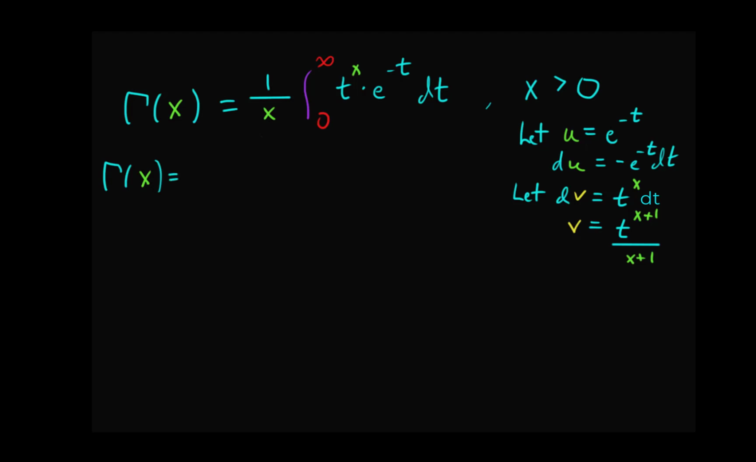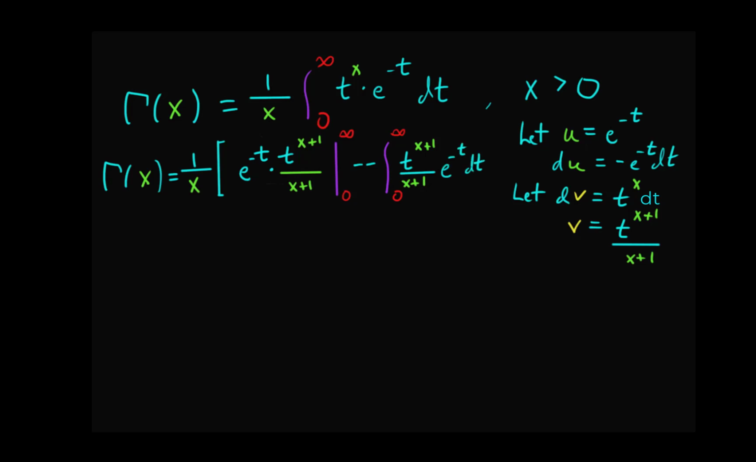So gamma of x would equal, doing this integration by parts, and here I'm going to move a little more quickly, I'll put it all in brackets. U times v, so e to the negative t times t to the x plus 1 over x plus 1. Again, evaluate at the boundaries, infinity and 0, minus the integral of v du. So this is going to equal double negative the integral from infinity to 0 of t to the x plus 1 over x plus 1 times e to the negative t dt. I'll turn that double negative into a positive,